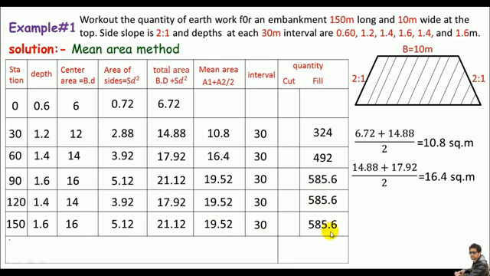Now if you add all these, from station 30 to station 150, we can get, of course, the total filling or embankment quantity equals 2572.8 cubic meter. And this is how